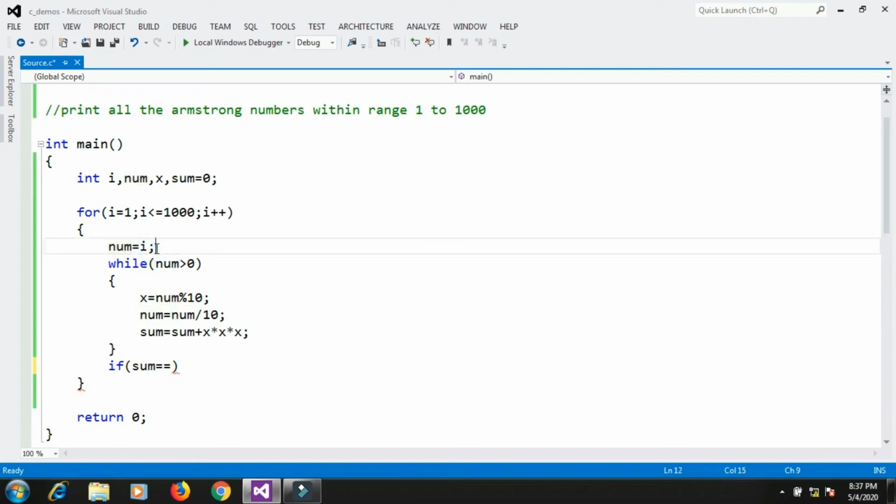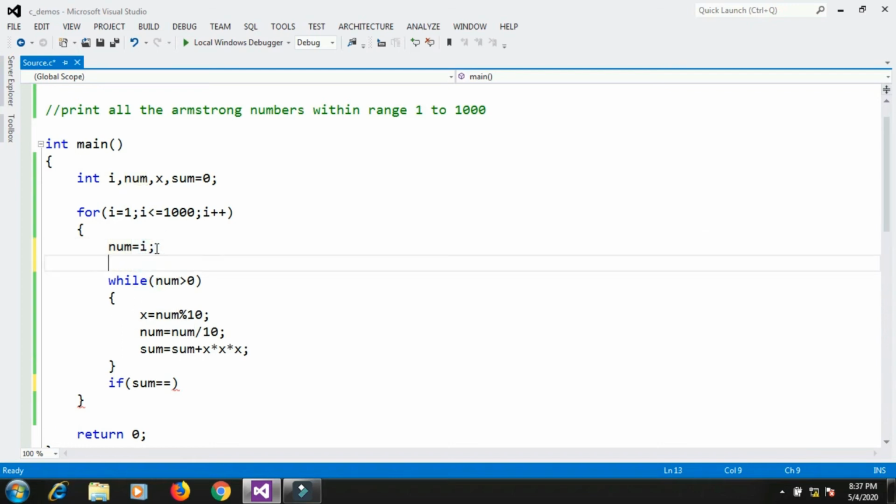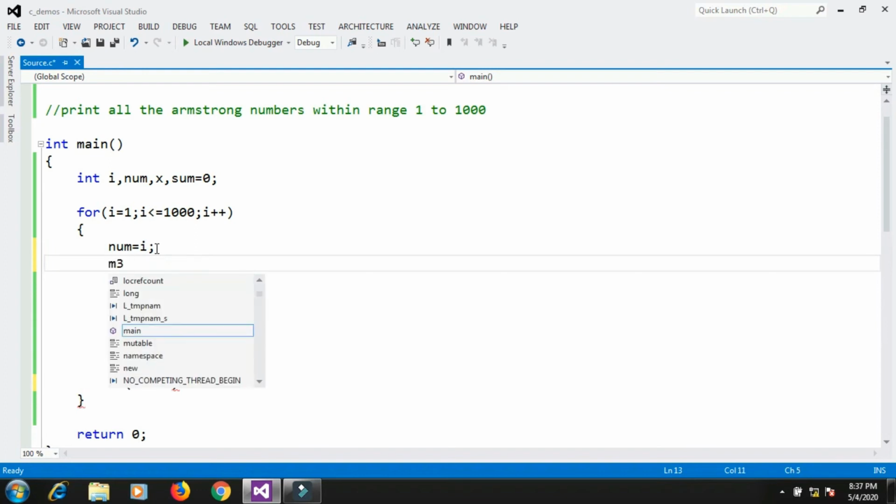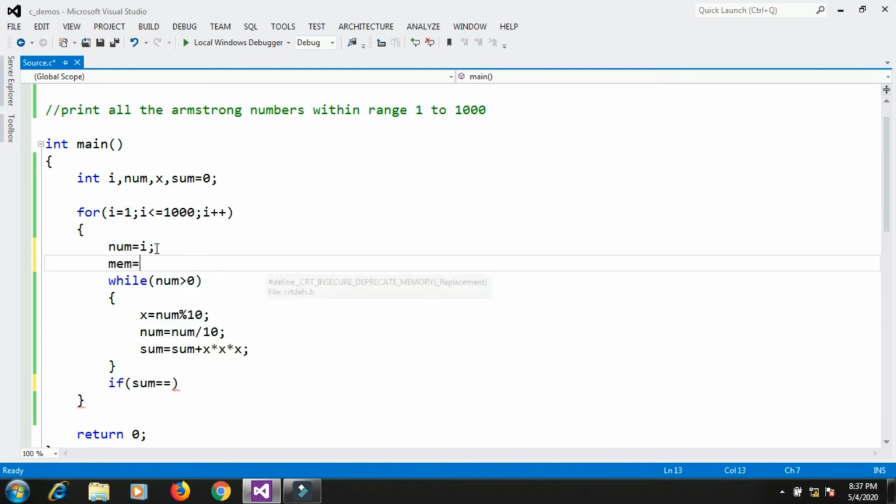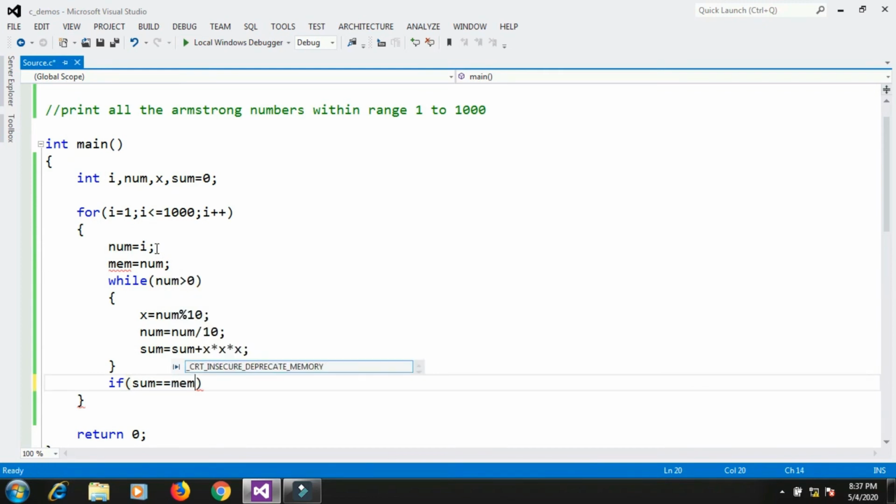So I need to take a backup of the num variable in some other variable. One more variable I will declare, say mem, and in that mem variable I will store the num value, and inside the if condition I will check sum with the mem variable. Now let me declare the mem variable.